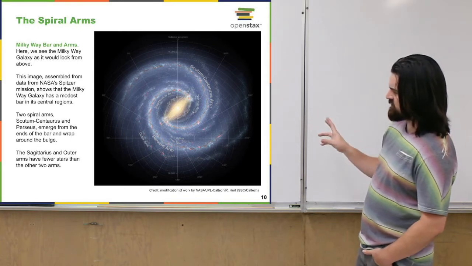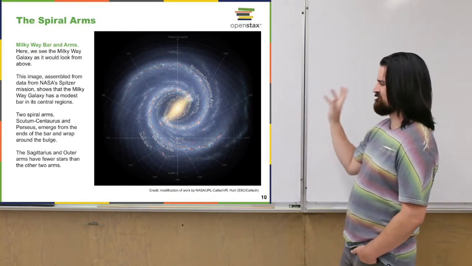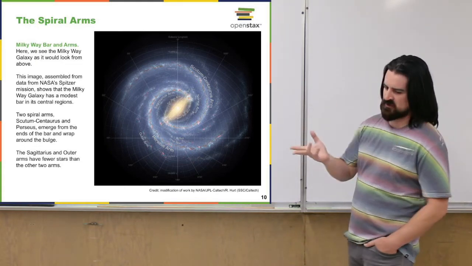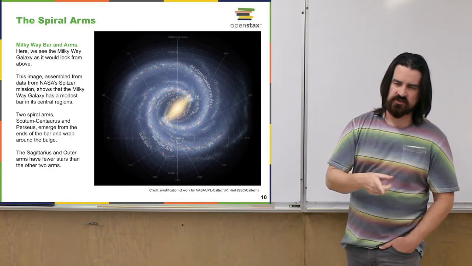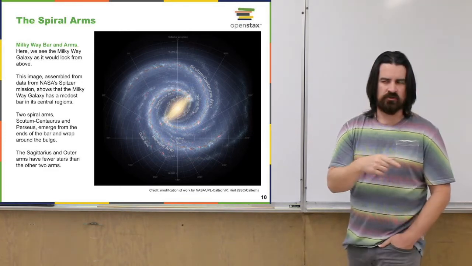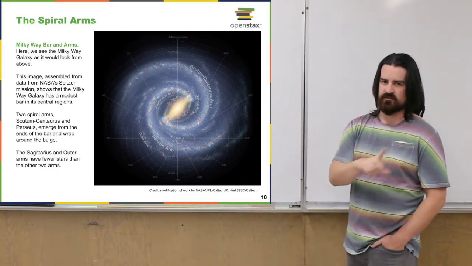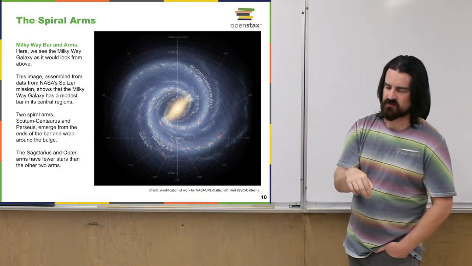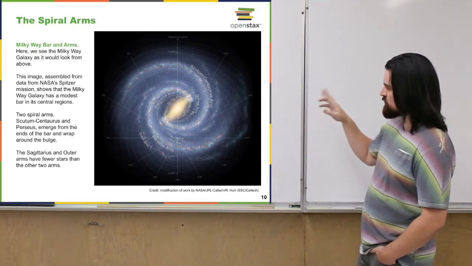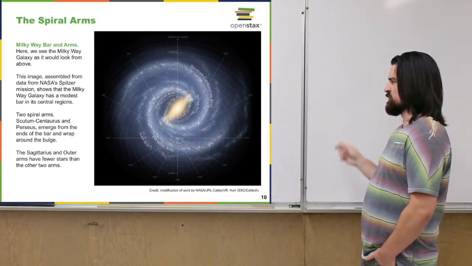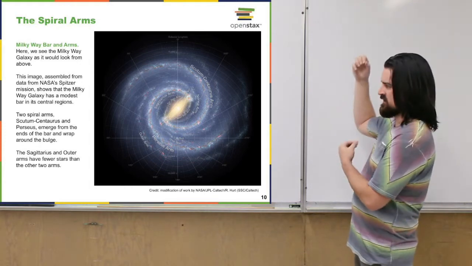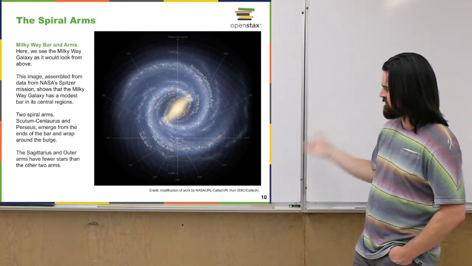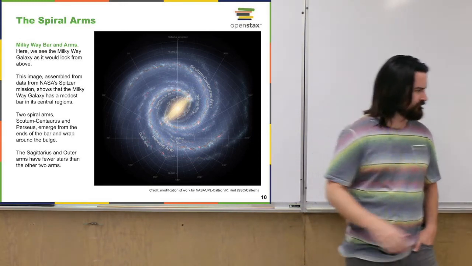There's other stuff on here. There's this coordinate system on here. We don't need to worry too much about that. But just to say, it's similar to how we use longitude and latitude to specify how far north or south, or how far east or west something is, or the position of something on the Earth. We have a similar system for specifying the angle here, in terms of the position of the sun and the center of the galaxy. So these are indicating what we call galactic coordinates. We're not really going to worry about that though.